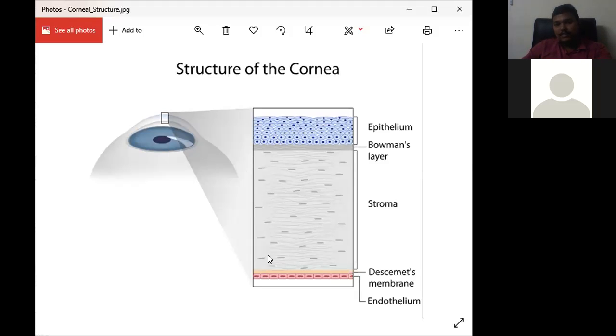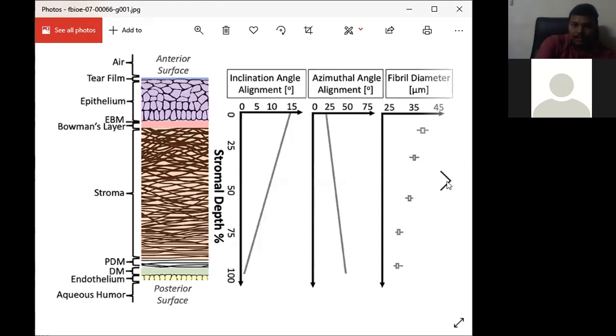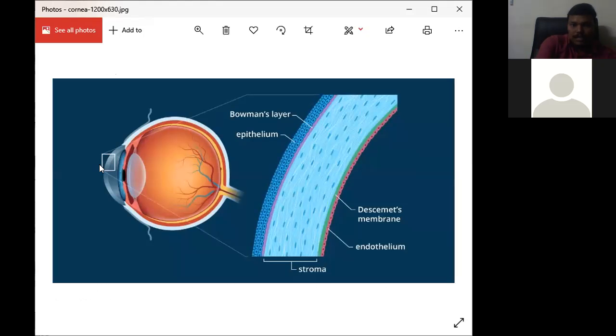For this, the endothelial membrane here is able to perfuse the nutrition from the aqueous humor, right? I'll show you here. In this structure you will be able to see that the innermost layer is surrounded with the aqueous humor, the anterior chamber of the aqueous humor, right? This aqueous humor contains nutrients. These nutrients are supplied from this aqueous chamber and go into the Descemet membrane, and also into the stromal layer.